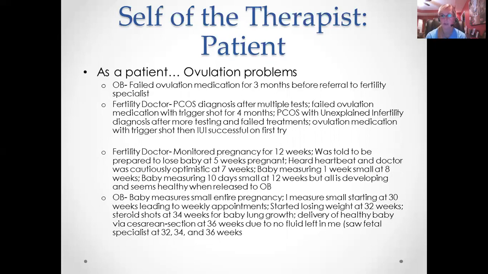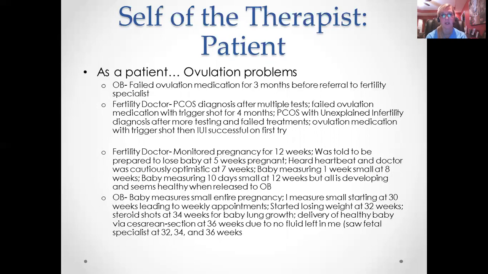Typically, before you're referred to a fertility specialist, you have to wait 1 year of unsuccessful conception attempts. But in our case, we knew we were having some problems, which is why we went to the OB after we'd only been trying for about 3 months. I knew that something was a little off, so we went to our OB, and she referred us to a fertility specialist, because if you are diagnosed with something before the year is up, you can go ahead and see a fertility specialist.